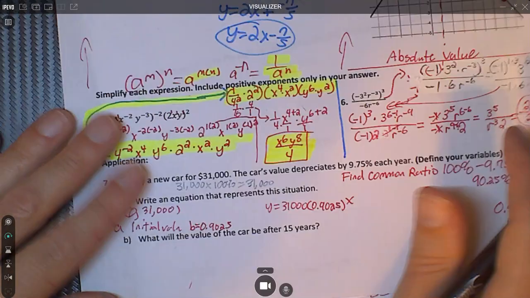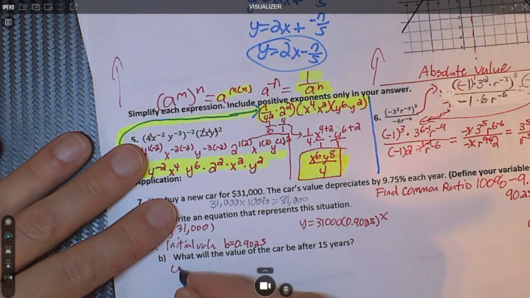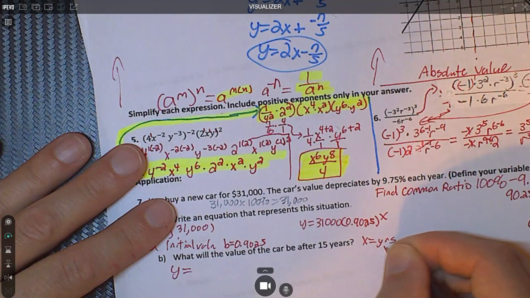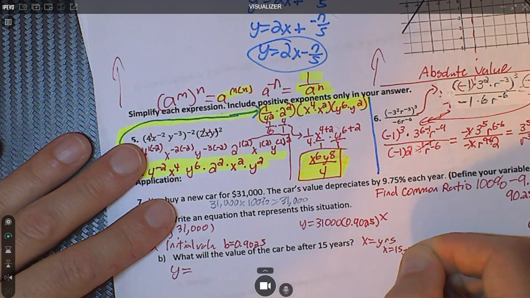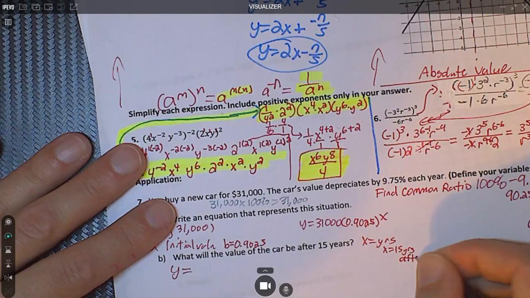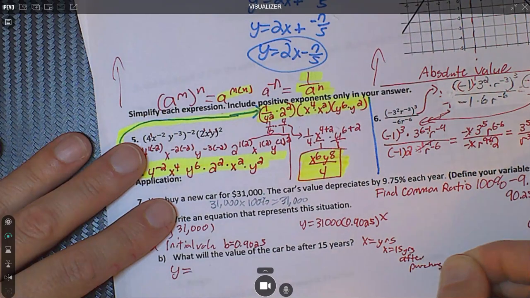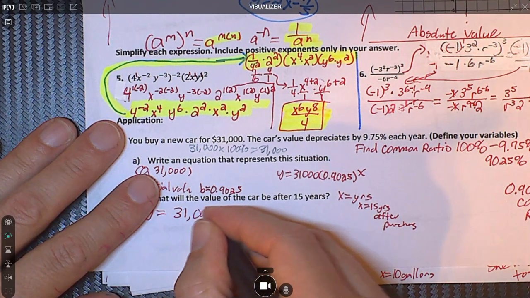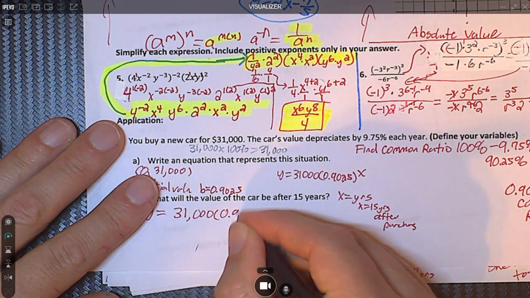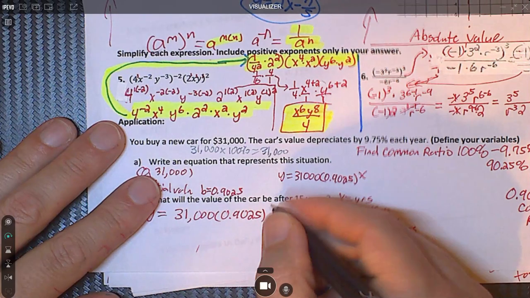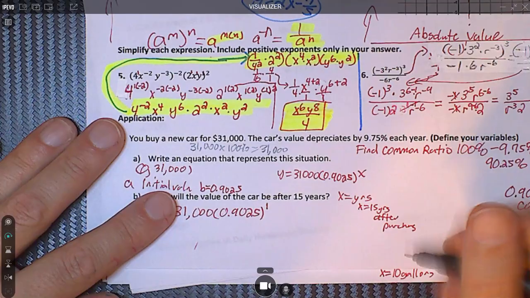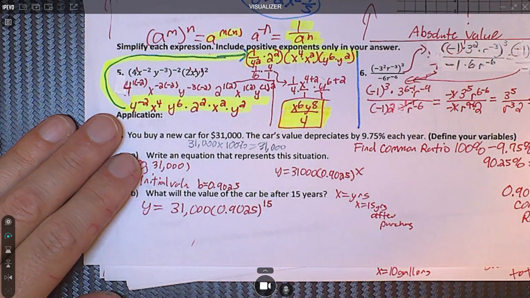So to find this one, we could do 31,000 times 0.9025 15 times, or use